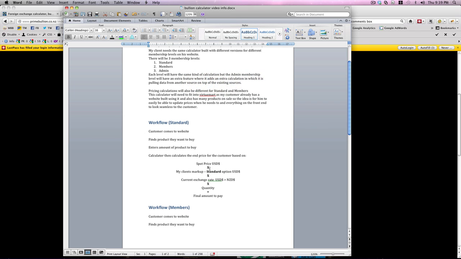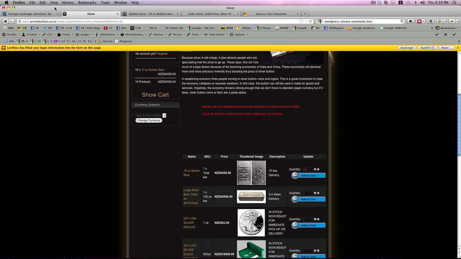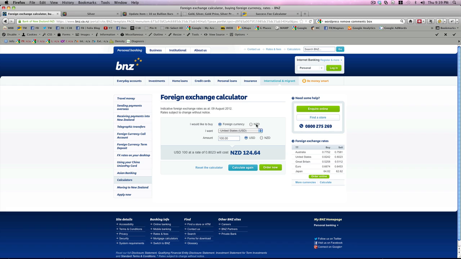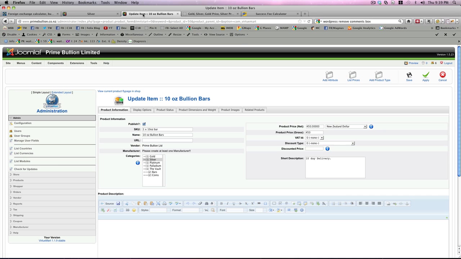spot price. So we have the spot price based on my client's markup, standard or membership option in US dollars, and then we've got the current exchange rate. So this is where it gets even trickier, because now we have to get the current exchange rate on that day from here. So what we do is we go, okay, so this amount,